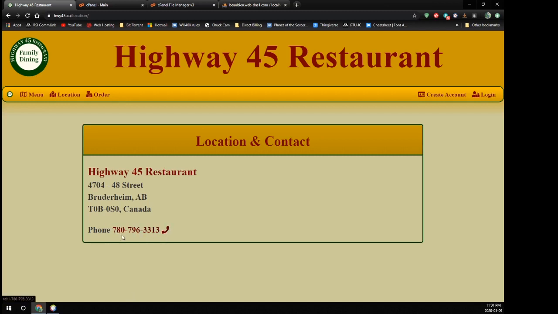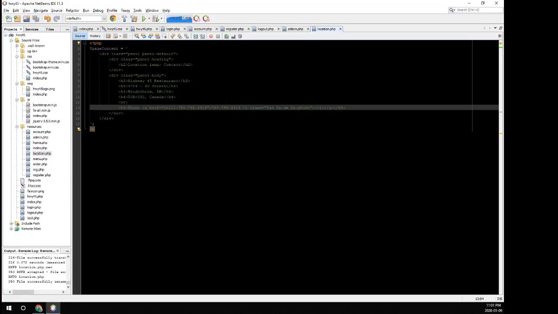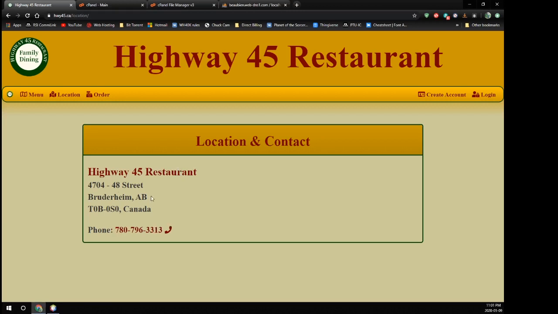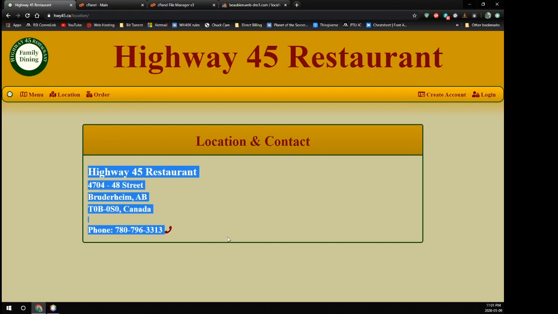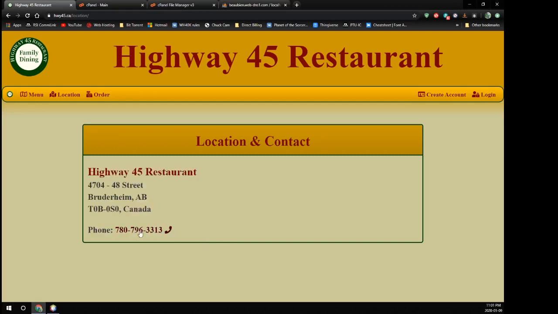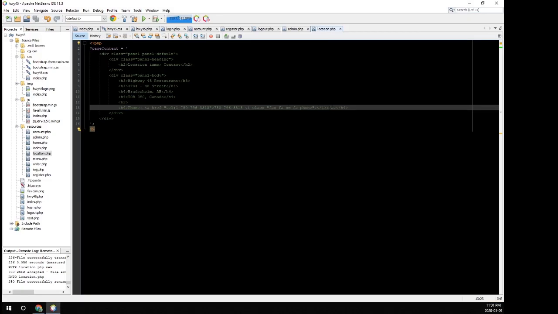And I could put the icon at the front. I think I'm going to add a colon after the phone. Really, you can set this up however you like. Okay, and then I'm going to do the email address after that. Although I think I am going to hide the email address. So what I will do